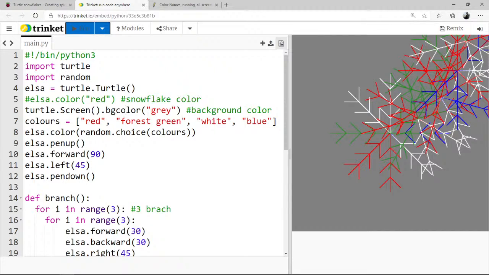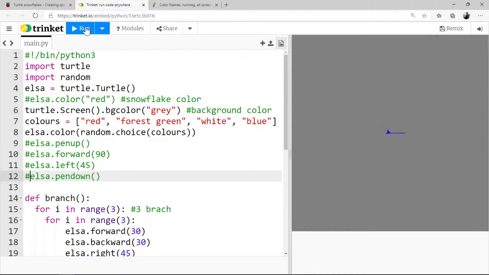So if we actually got rid of this, because I really don't think this is necessary, because I just wanted to kind of start drawing right where it starts. Okay. Because if we do that,